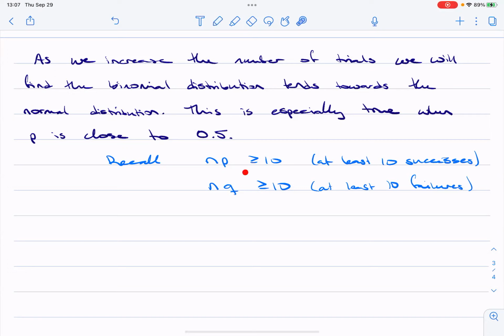This is going to be satisfied, right? NP greater than or equal to 10 is going to be satisfied quicker if P is closer to 0.5. If the probability of success is really, really rare, then you're going to need a very large sample to pick up some rare events, right? And so at least 10. So as you shift this point,